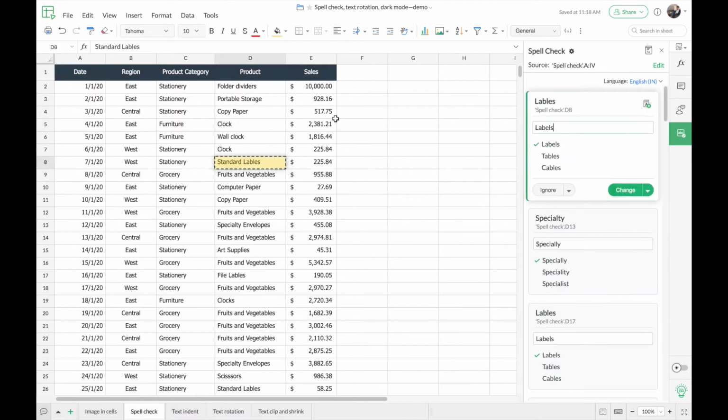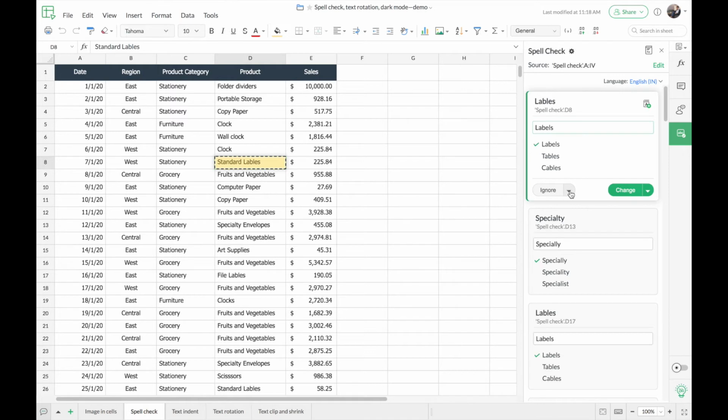Once I choose spell check, you can see that the contextual side panel opens up with the list of suggestions based on the data that I have in the worksheet. Here you can see the first suggestion I have is for the labels term. This is a very commonly misspelled word. You can see the related suggestions being shown below. Apart from the suggested terms here, if you have any other term that you want to replace the word in the worksheet with, you can even enter it here. And if you do not want to make any changes to that particular term, you can also choose to ignore the suggestion here.